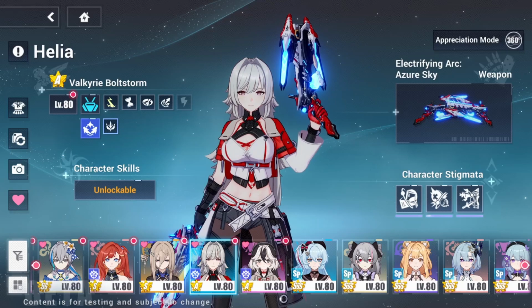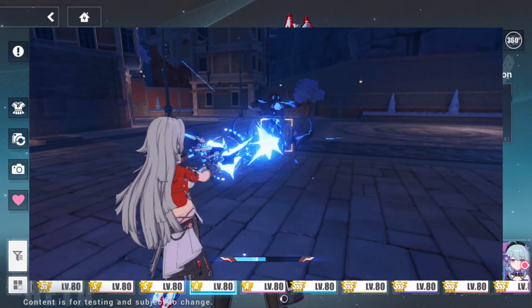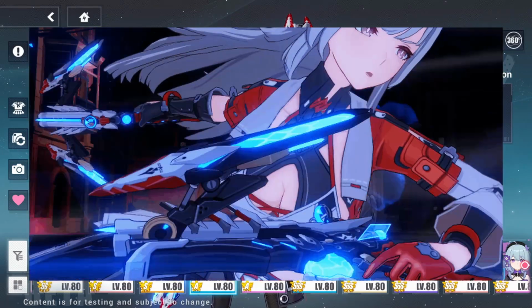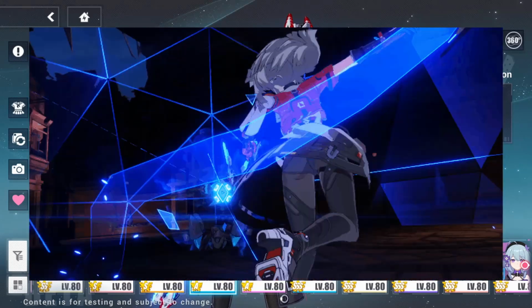For Helia now, Valkyrie Boatstorm is an A-rank lightning damage battlesuit who utilizes the new weapon type Rapid Shot Crossbow. This battlesuit is perfect for mid-range combat, capable of rapid shooting down enemies in the air. In addition to her rapid shots, Valkyrie Boatstorm can inflict enemies with elemental damage and lightning damage vulnerability with her